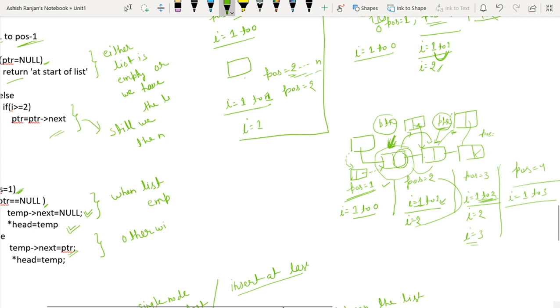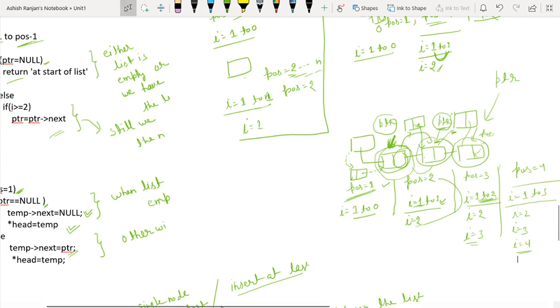For i equals 1, nothing will happen. For i equals 2, the pointer will move from the first node to the second node. For i equals 3, the pointer will move from the second node to the third node. So ptr will start pointing to the last node. When i becomes 4, we'll come out of the loop.